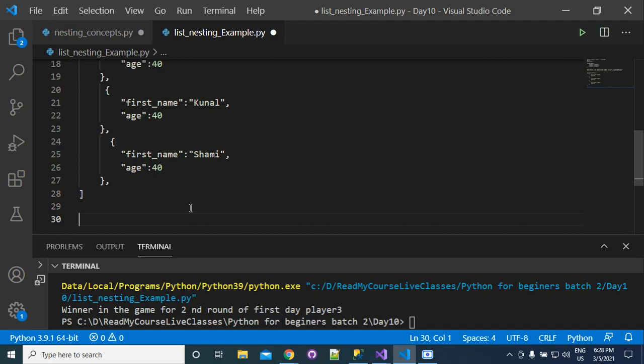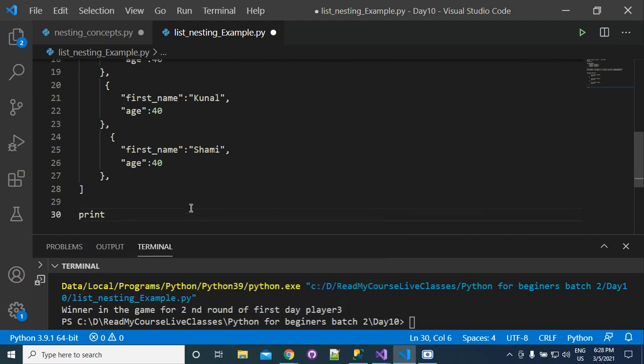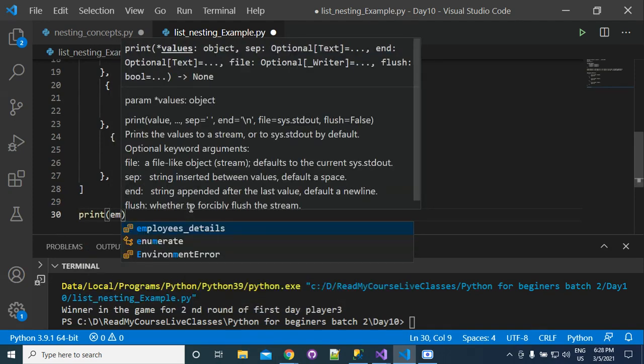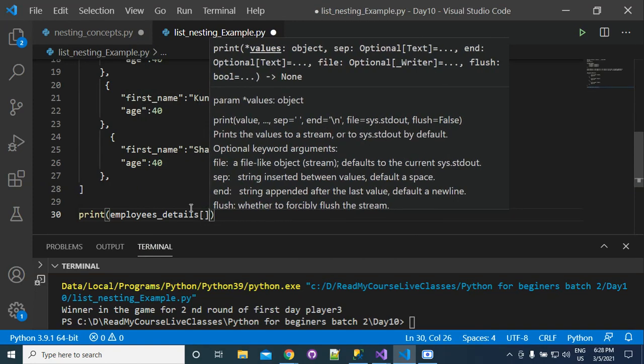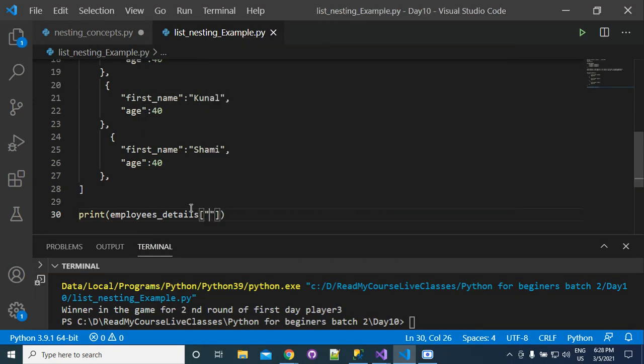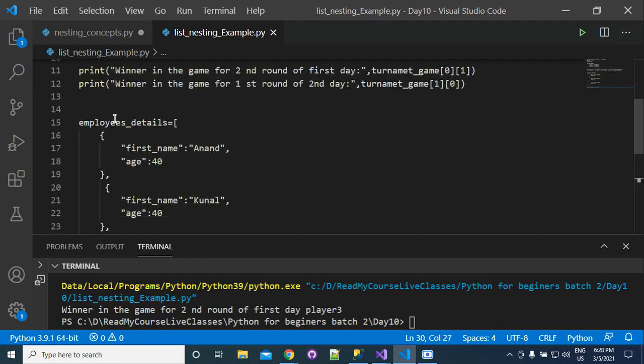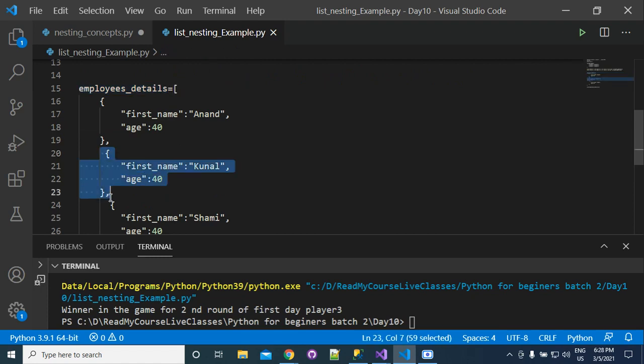So firstly, we want to get the first name of second employee, so we will write here employee details, and then first we will write here 1, and then this employee details 1 is equivalent of this dictionary. Now this is again a dictionary.